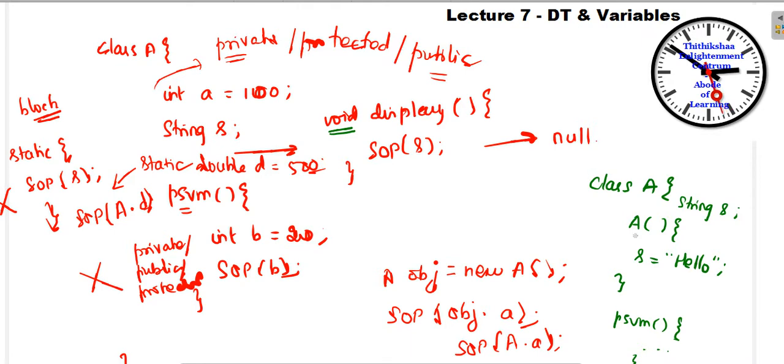This is said to be a constructor; the constructor name as well as the class name should be the same. Whatever you have given exactly for the class name should be the constructor name. When this constructor is invoked, that is when you use the new keyword, the control will be transferred to the constructor.